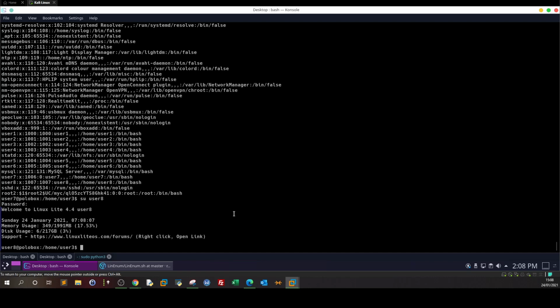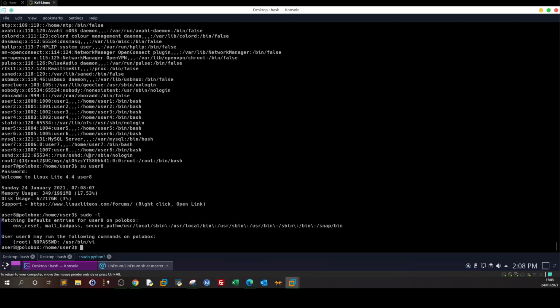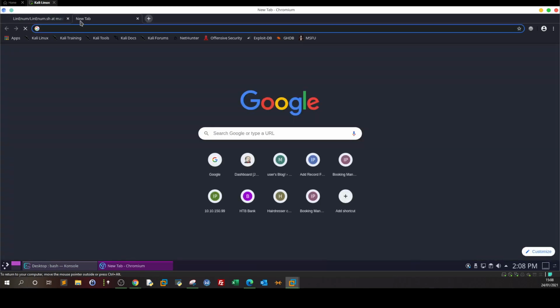One of the methods is we type sudo -l to see what we can do as a privileged user, what we can run. Upon running sudo -l, we can see that we can run VI, the text editor, as a root user with no password. This means we have to exploit VI in order to gain root access. So one of the ways is we go to GTFOBins,